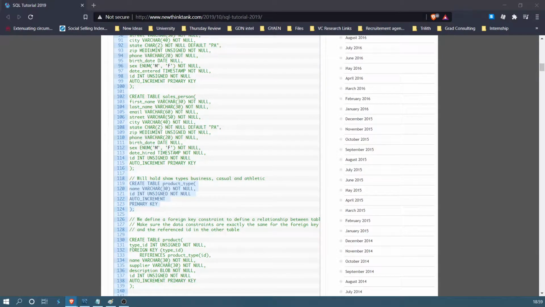and create an item type. And basically this table is just going to describe just the quality